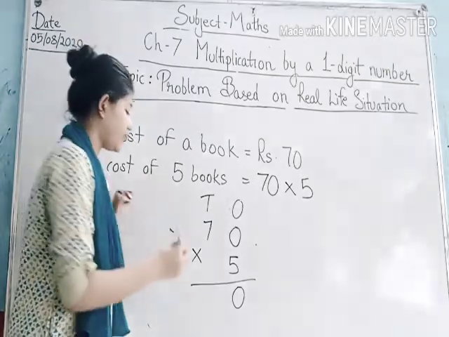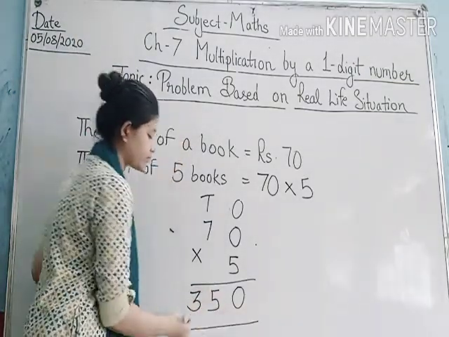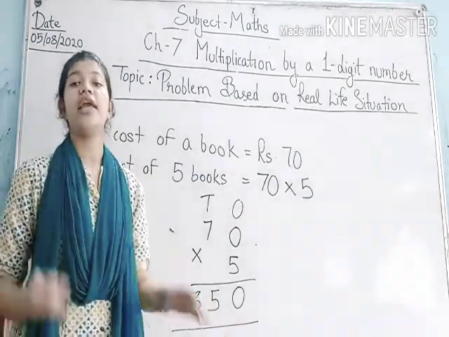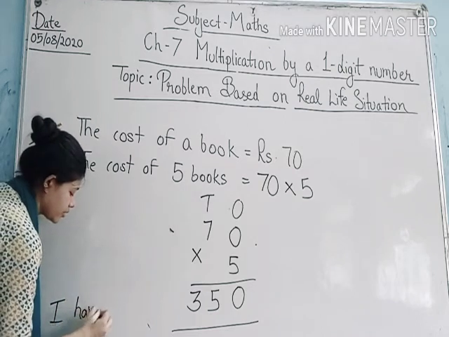So we will write the number 35 over. What we got as answer? 350. It means I have to pay